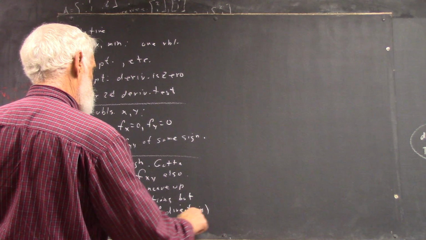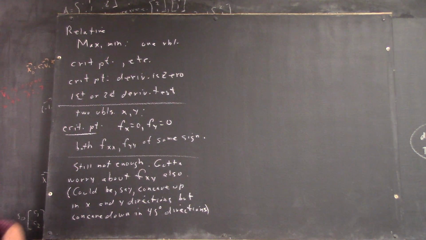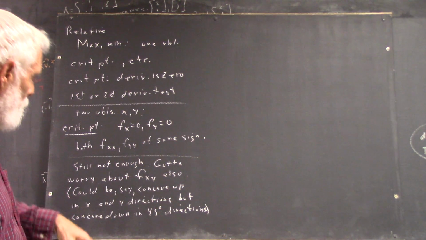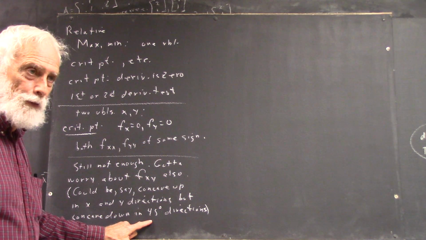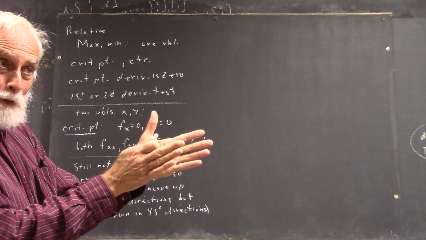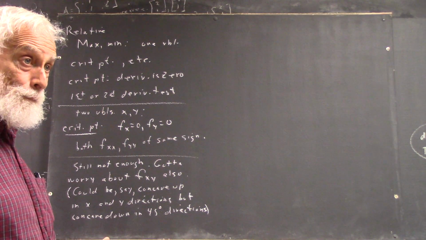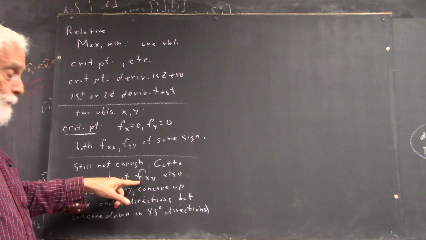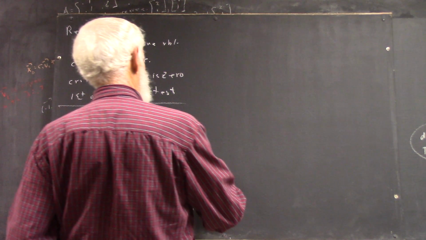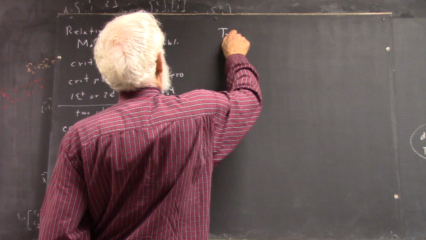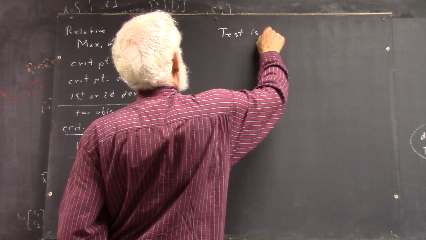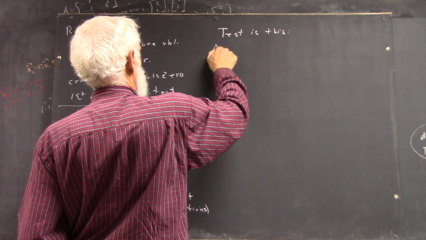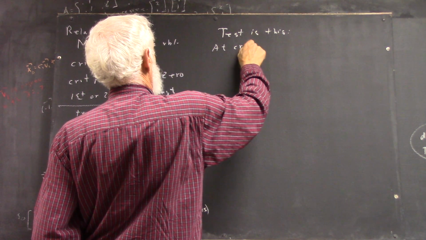But concave down in 45-degree directions, or in some direction that's not the X or the Y, right? I mean, it could be distorted. It might still be concave up in the 45-degree direction, but not in the 10-degree direction, okay? Well, you get that by looking at fxy, okay? So the test is this: at a critical point,